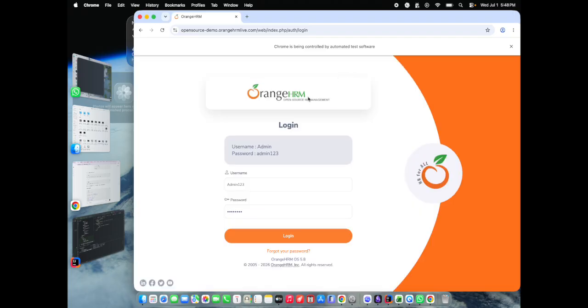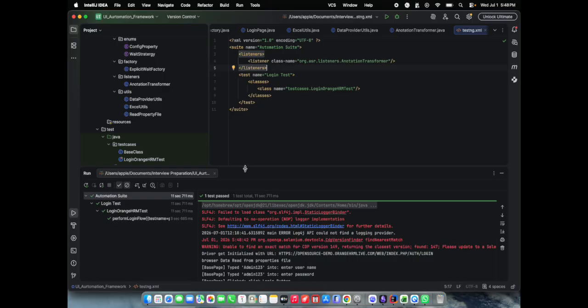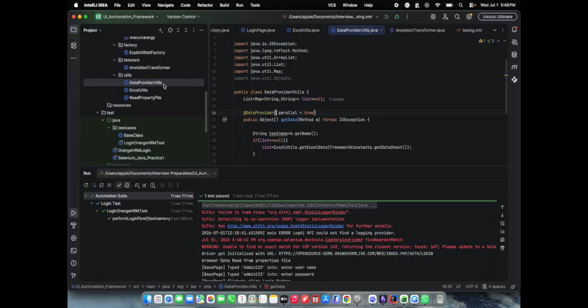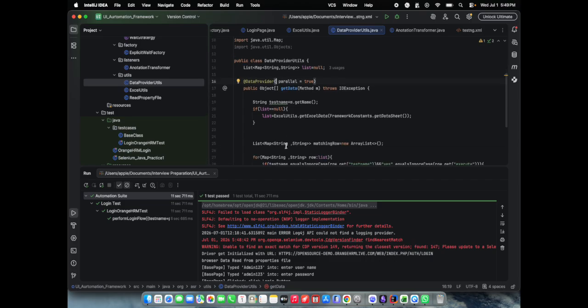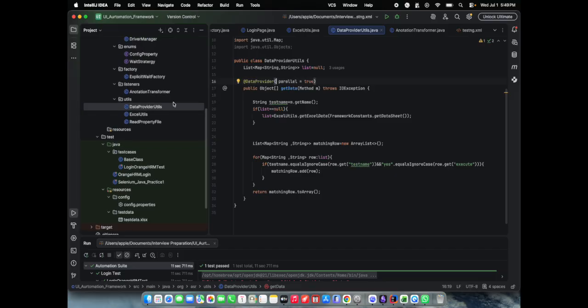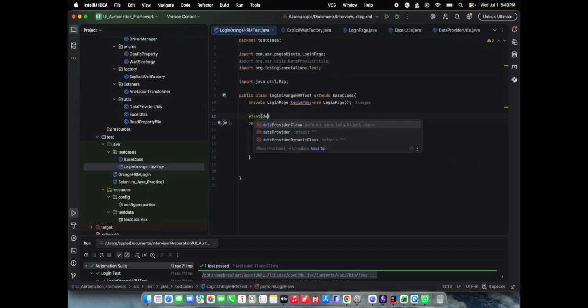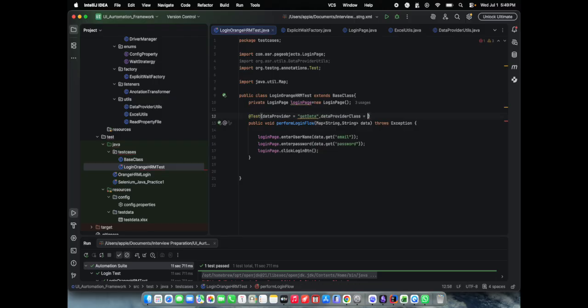Admin123. So it's fetching exactly from the Excel, so that we have identified, and how we can run it individually by providing the data provider class and all, that we have seen. And if we don't want to write this in each and every method, telling that the data provider is getData, and the data provider class is our DataProviderUtils class,